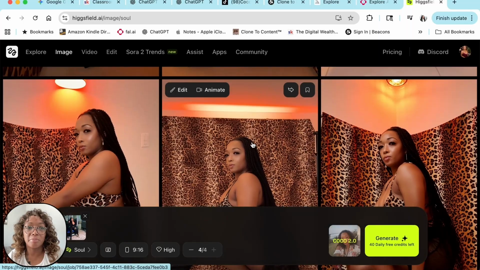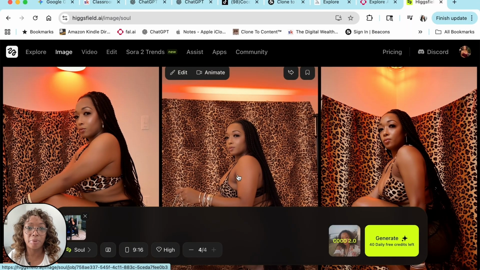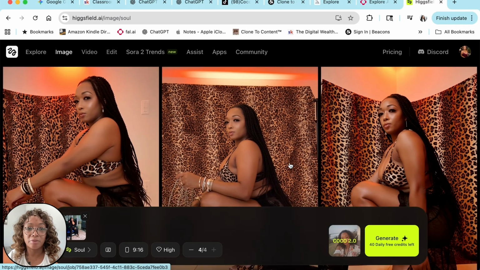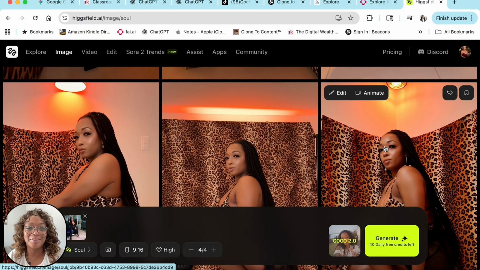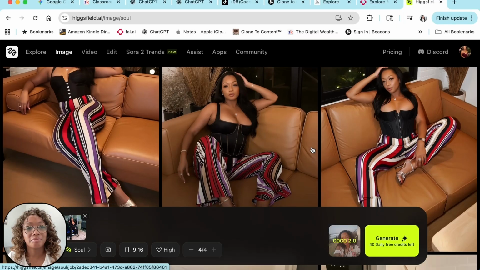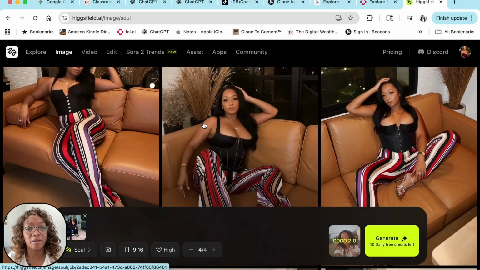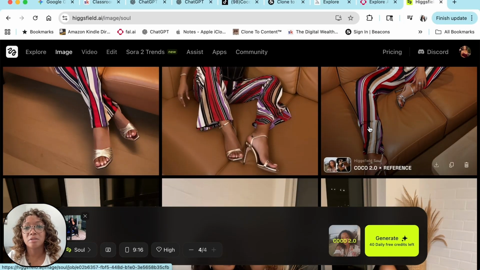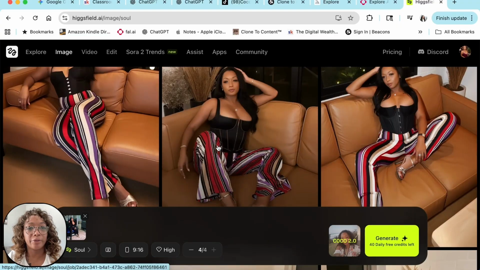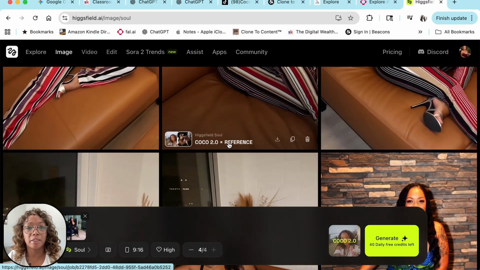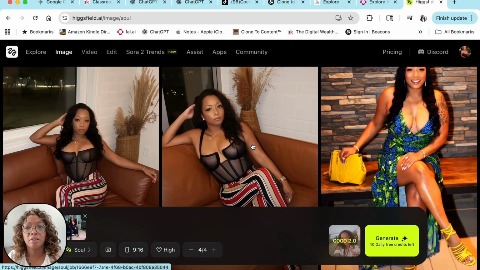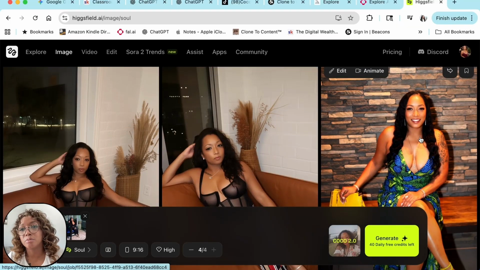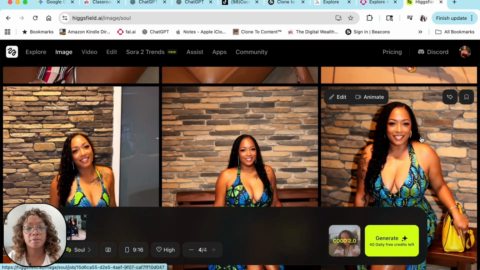And then this, I was mad because this did not look anything like the picture that I put on there from Pinterest. It looked like a curtain just hanging up, like a sheet in the background. I don't know what the hell. And then this didn't turn out right because this did not look like the pants that the girl had on. I don't know why it gave me stripes like this and why it made me look fat in some of these, but these were kinda cute with this dress.